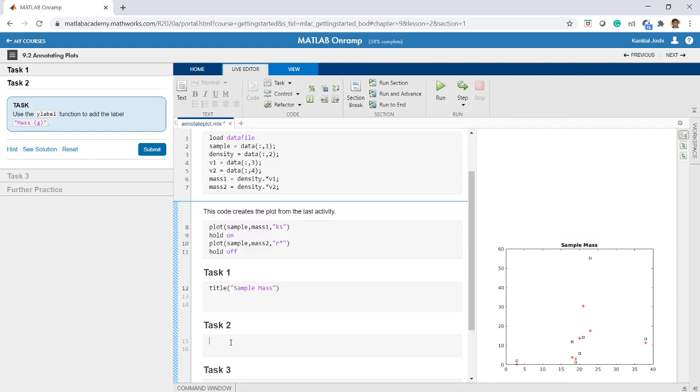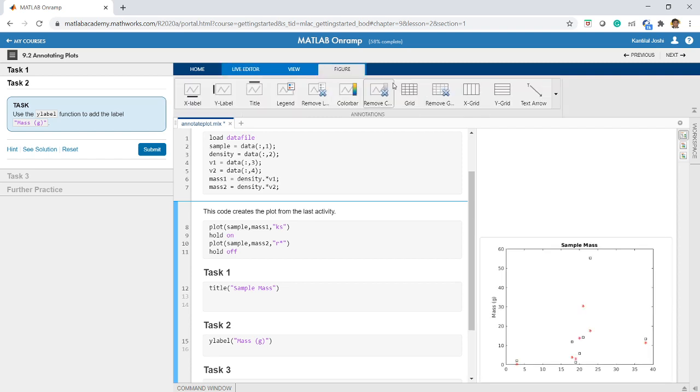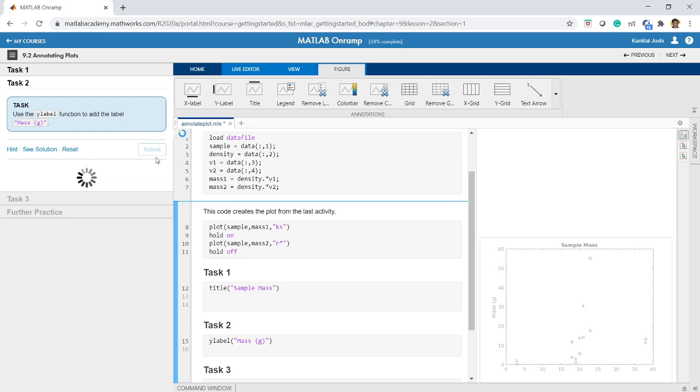I'll say Y label, and in parenthesis, mass G. Let us run this. It will take some time. You got the label here, mass G on the y-axis. This way you can add X label as well, Y label, and you can give the title.